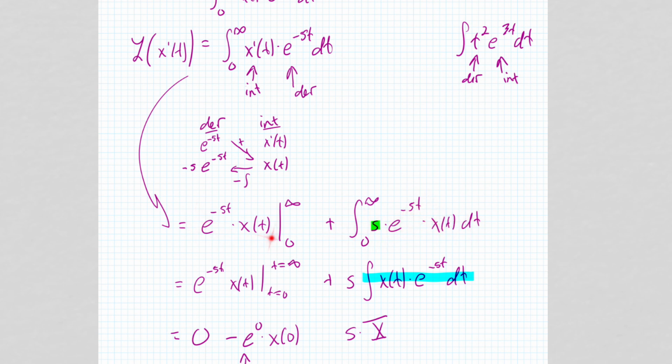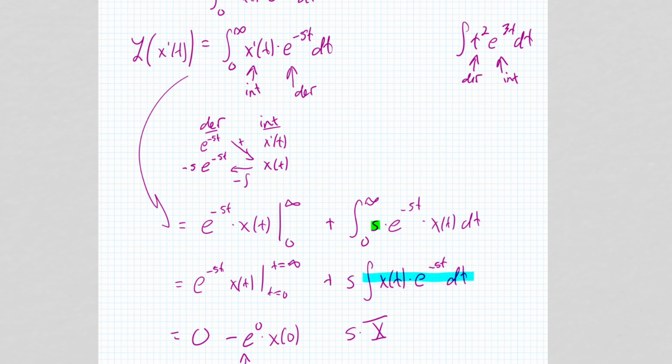So watch, I'm going to just reorder some things here and evaluate some of them. This piece right here is totally evaluatable. E to the negative st times x of t, evaluated from t equals 0 to t equals infinity. We'll get to that in the next line. And then what I'm going to do here is pop the s out front. I can do that because this is an integral with respect to time, and s doesn't have any t's in it. So it just pops out front, like any old coefficient would. So I get s times the integral